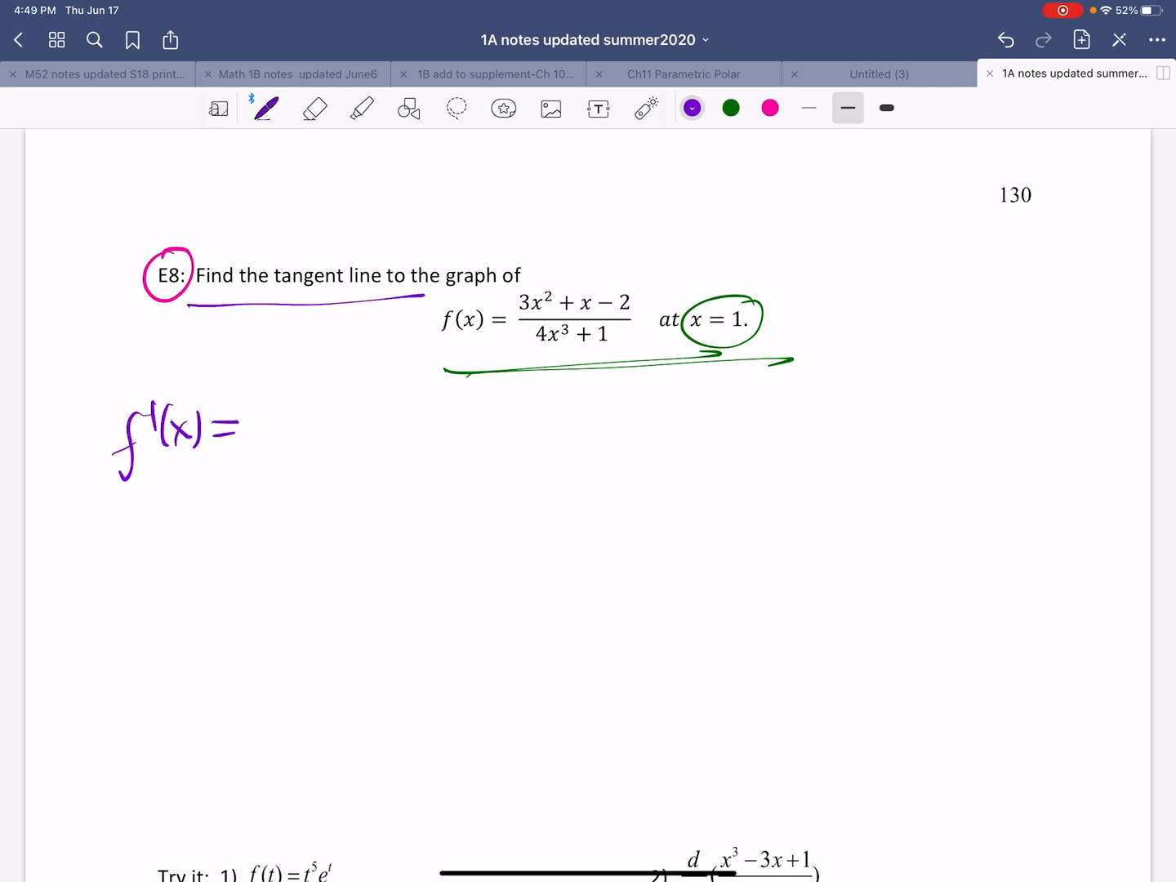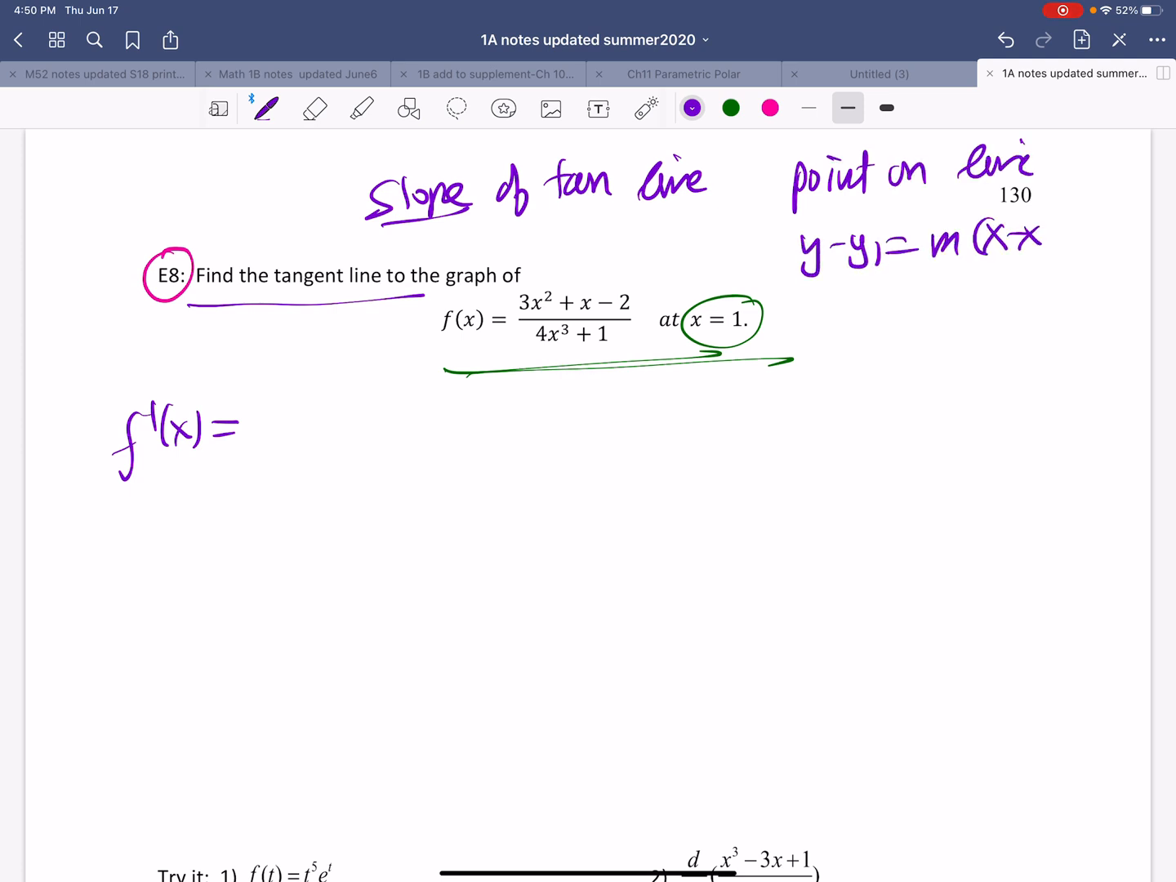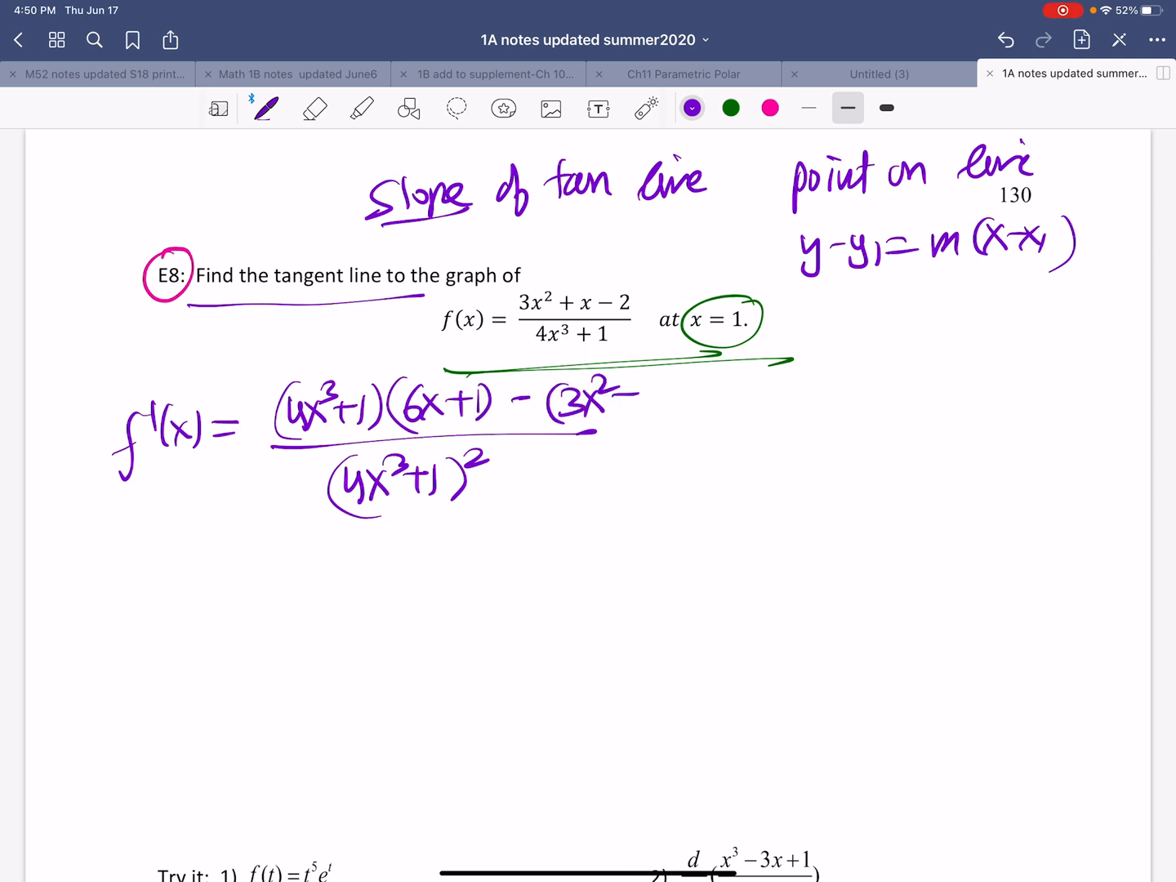Because we need the tangent line here, to find the tangent line we need the slope of the tangent line and we need the point on the line. So we need two things, the slope of the tangent line and the point on the line. If you know these two things, we can use the point slope form, which is y minus y1 equals m times x minus x1. F prime of x is equal to 4x to the third plus 1 to the second power, low times the derivative of the higher term, which is 6x plus 1, minus 3x squared plus x minus 2 times the derivative of the lower term, which is